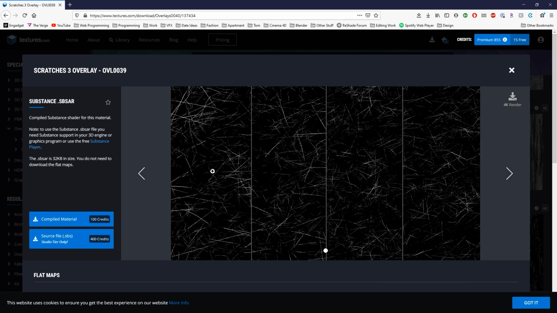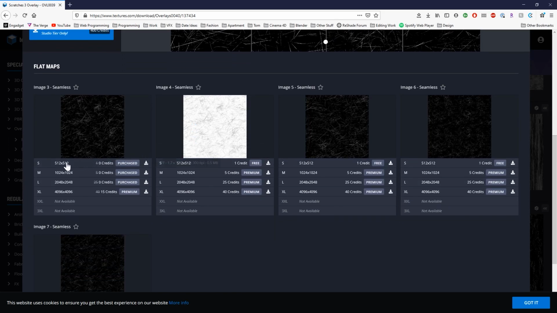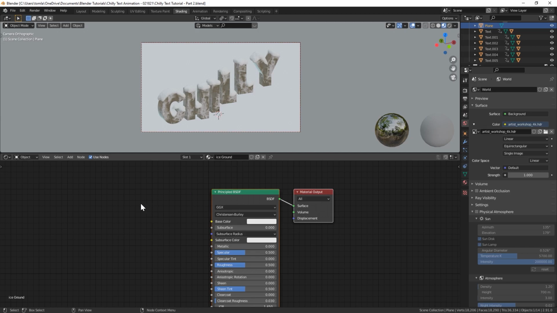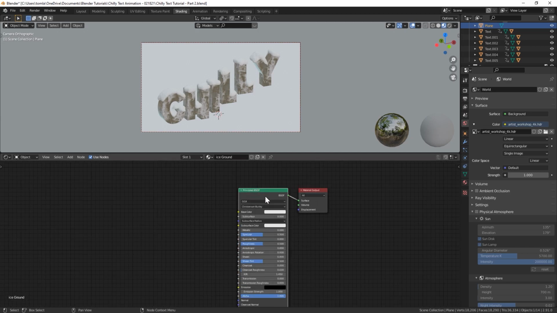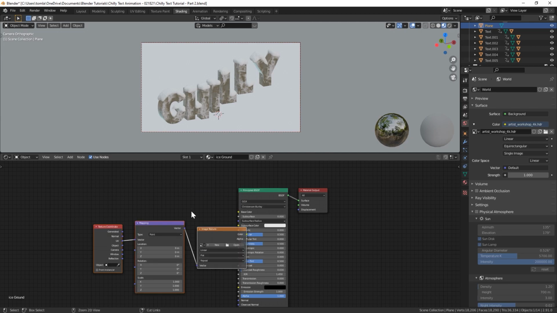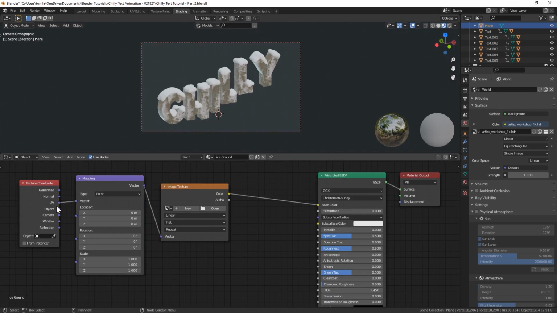So we're going to use this material right here. This once again has a free version. You can just grab the Seamless. I believe all you need is a free account on textures.com, and you'll get access to downloading these free textures. So once you have that downloaded, let's do the same thing we did before and select our Principled BSDF, hit Control-T, and we're actually going to do a couple things this time.